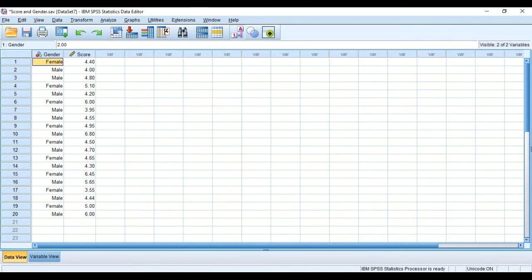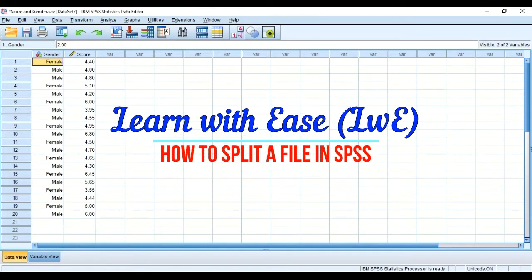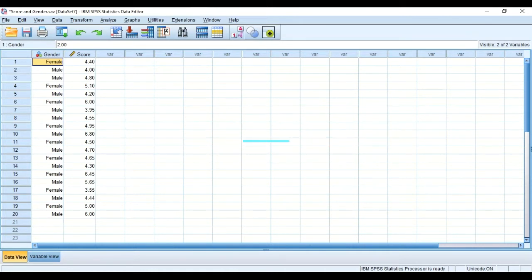In this video, you will learn how to split a file in SPSS. Splitting a file works only on categorical variables, categorical variables that have subgroups. Like for instance, as you can see in the data set we have here, gender, which is a categorical variable, and it has subgroups of male